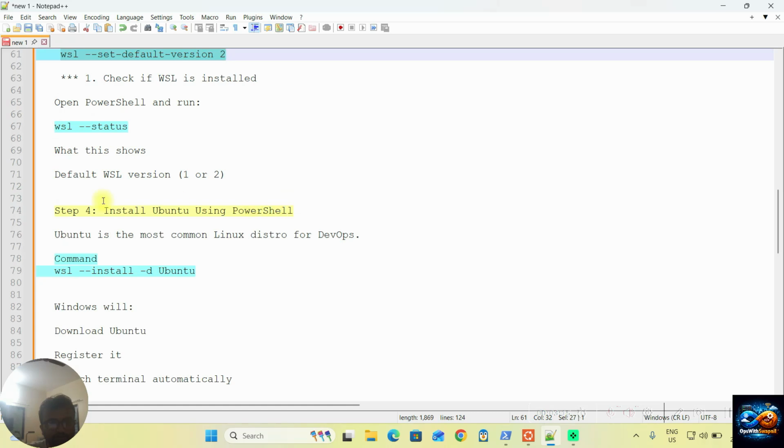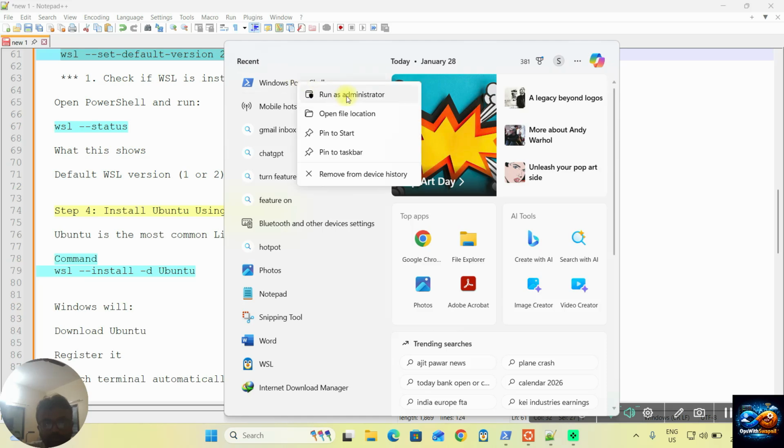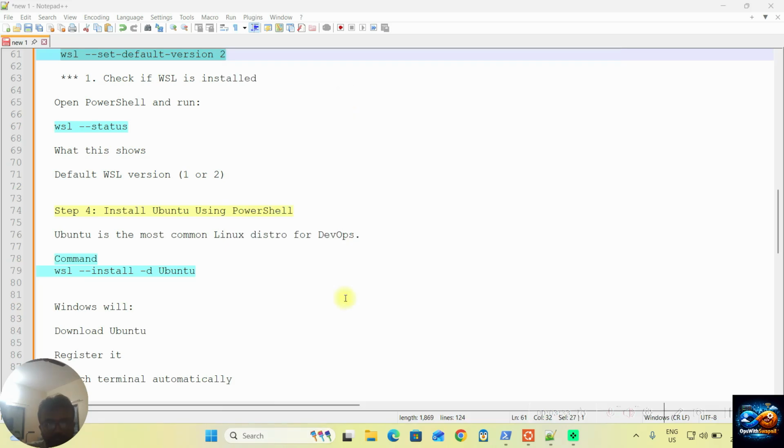Okay, then the next step is to install Ubuntu using PowerShell. In this step we have to install Ubuntu on top of Windows. Use this command in PowerShell, run as administrator: wsl --install